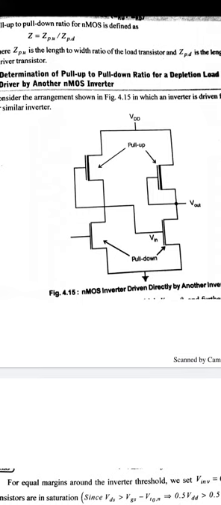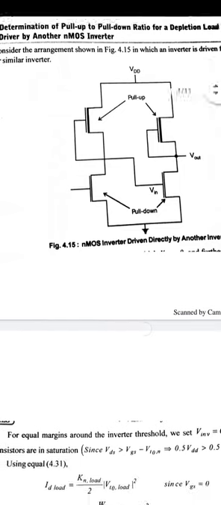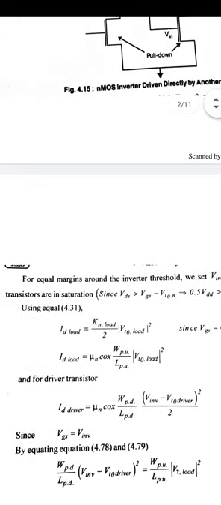For the depletion mode NMOS transistor, the gate to source voltage is nearly equal to 0, and further we assume that in the order of cascading inverters without degradation of levels, we are aiming to meet the requirement V input equal to V out, that is basically the inverter threshold voltage. For the calculations, first the equal margin around the inverter's threshold, V input is equal to 0.5 VDD, and at this point both transistors are in saturation. So VDS is greater than VGS minus V threshold, then 0.5 VDD is greater than 0.5 VDD minus V threshold voltage of the N transistor.